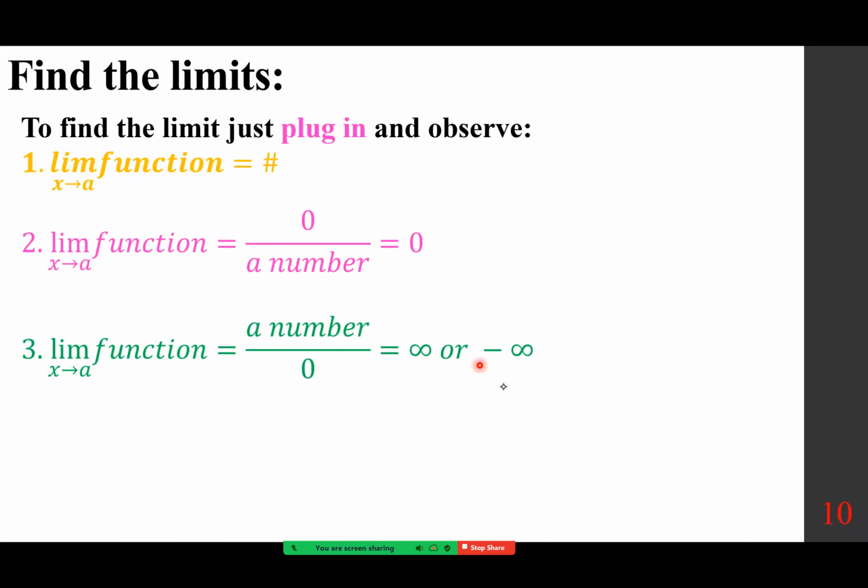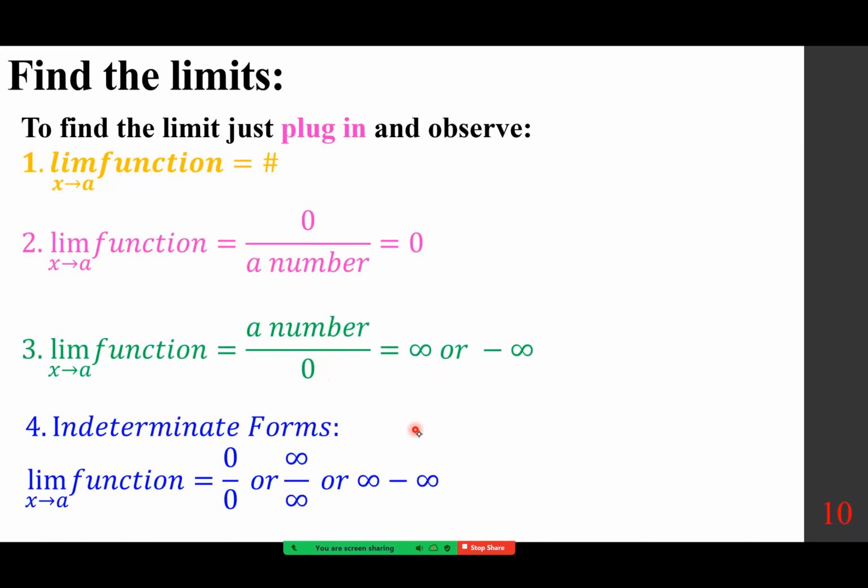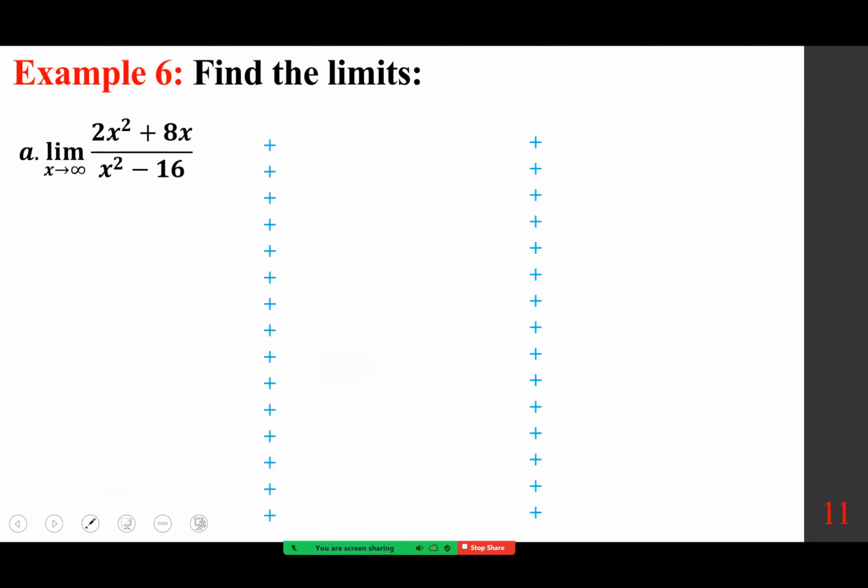It gives you a number over 0, you have to figure out positive or negative infinity, because when you divide a number by 0, it blows up to either infinity or negative infinity. And 0 is the only number that to the left of it is negative, to the right of it is positive. However, in calculus, most of the time we end up with indeterminate forms of 0 over 0, infinity over infinity, infinity minus infinity, and so on. So over here,